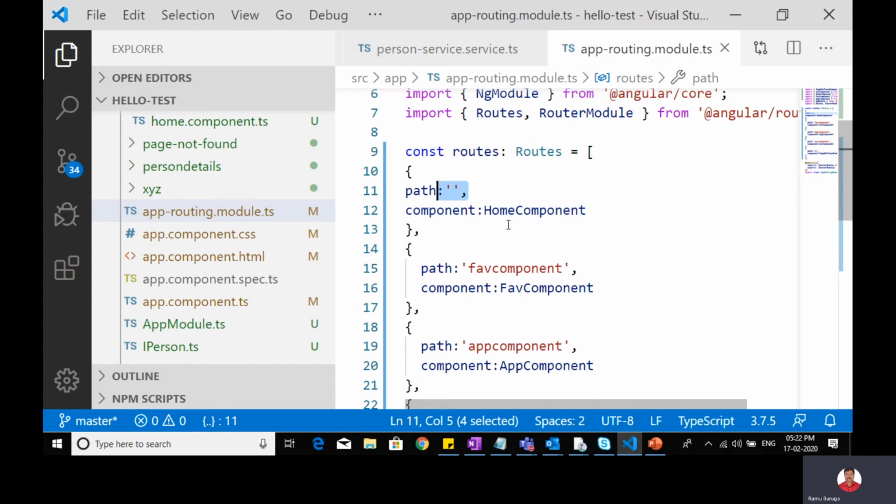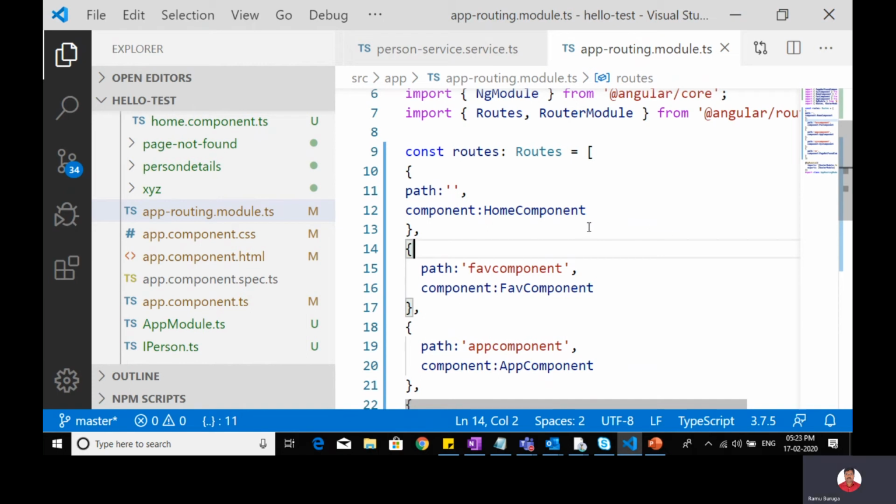By default, this component will be loaded. That is the reason for the default component I did not give any alias name. When I open my application, the default component will be rendered. You just need to have single quotes and give it blank.